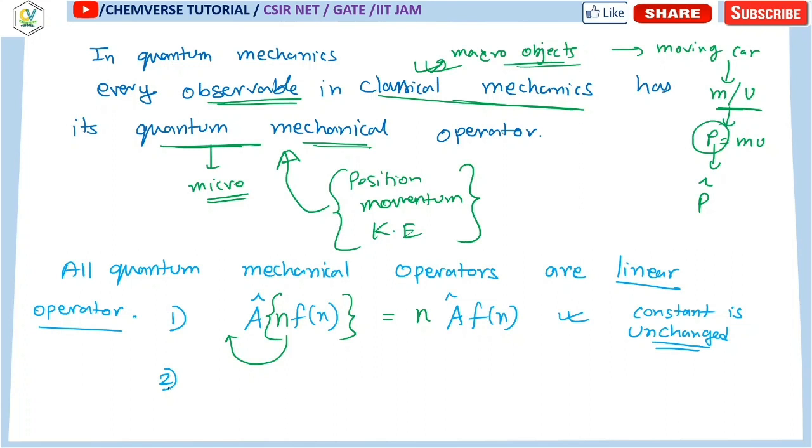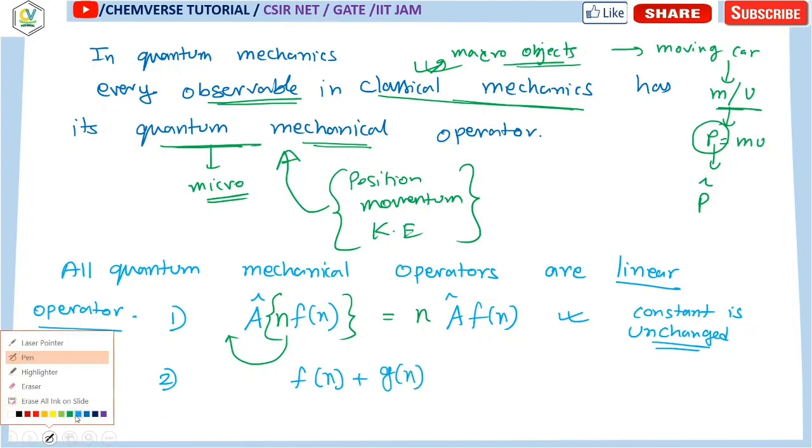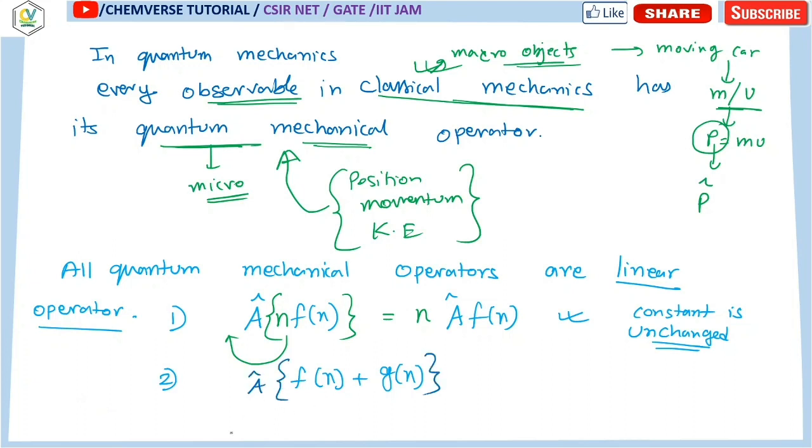And the second condition for the linear operator is, suppose I am taking a function which is a linear combination of two functions f(x) and g(x), and now I am operating that linear operator over this. If this kind of operation is taking place, then I can write that this operator can be individually operated over f(x) and g(x). So I can write it in this manner, f(x) plus a g(x). Okay, so these two conditions are for your linear operators.